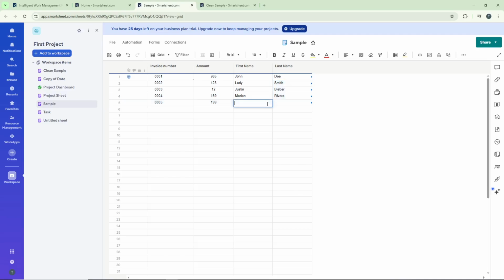And there you have it. You've successfully set up a VLOOKUP formula to pull data from another sheet in Smartsheet, creating a seamless connection between your